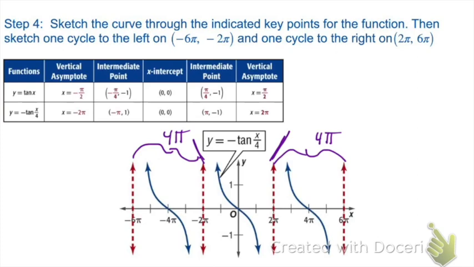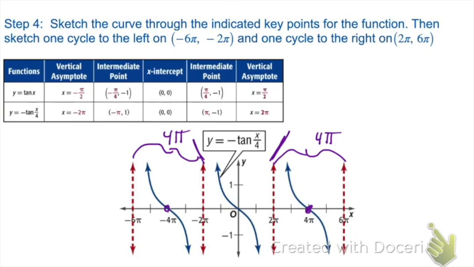Originally, we had an x-intercept of 0. If we subtract 4 pi from that, we have an x-intercept of negative 4 pi. Add 4 pi to that, and we have our x-intercept for the other one at 4 pi. This is a reflected one, so you'll see that it's upside down compared to what the parent function would be. That is the graph of the opposite of